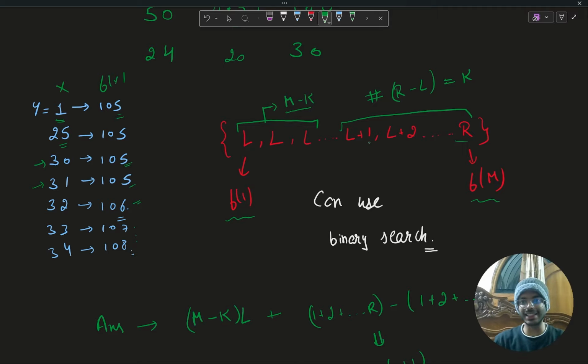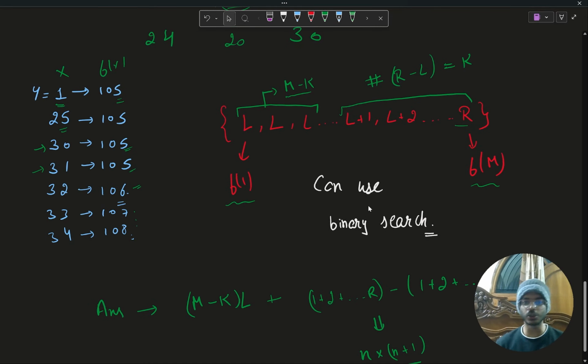But it's not really needed. We can just simplify it a bit. So what can we do? We know that the number of occurrences of these many elements would be r minus l, right? Let's call that number equal to k. Now, how many of these l's would be there? That is the total number minus these values, right? So that would be m minus k. And for all of them, this value is l. So our answer would be m minus k times l plus